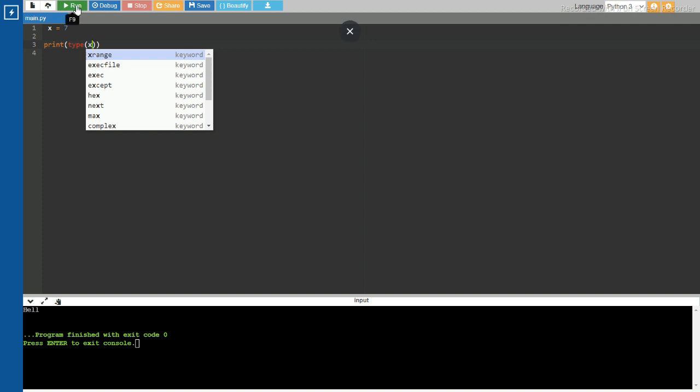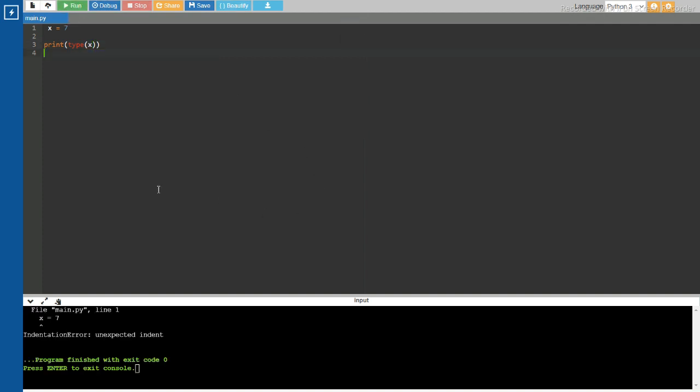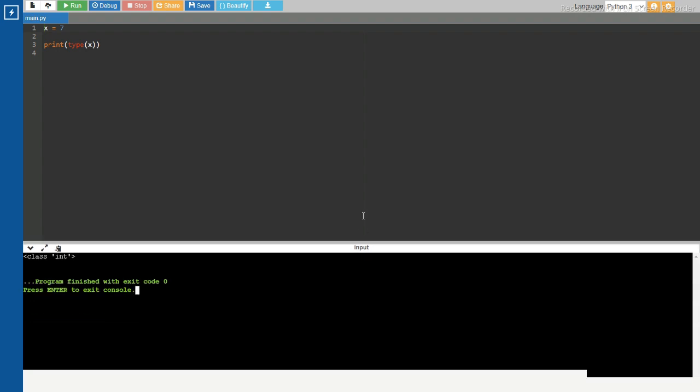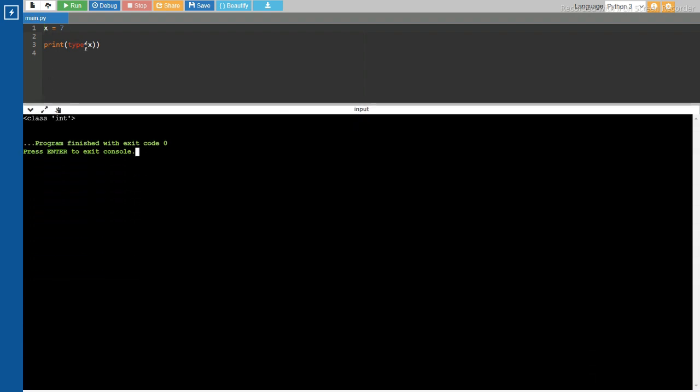When we type this, there is an indentation error. As I said, there must be no indentation when we are using variables. When I run this code, asking for the data type of x, x is nothing but an integer.